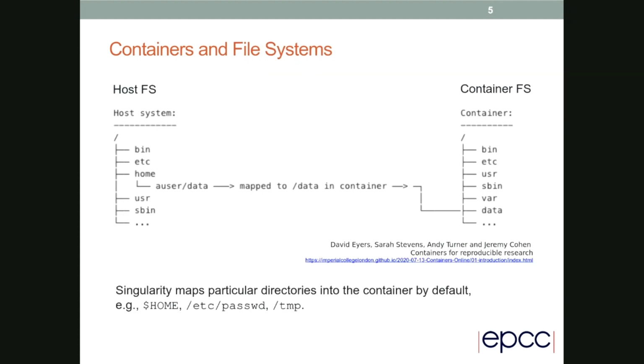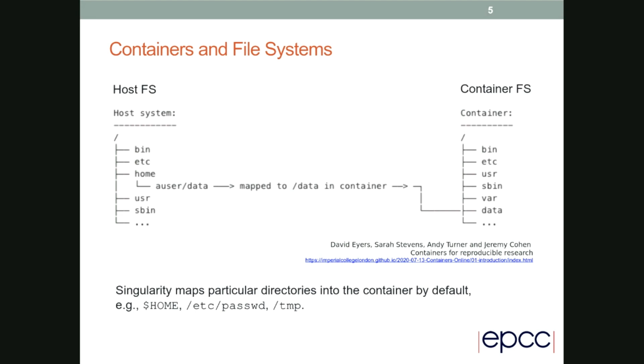So something else to also consider is that because there's less separation between containers and the host OS, it's easier to combine the two file systems. So on the left, you have the file system or the hierarchy tree for the host. And when you run your container, you can easily specify a particular folder or path on the host, such that that appears under a different name within the container file system. And that's very convenient,